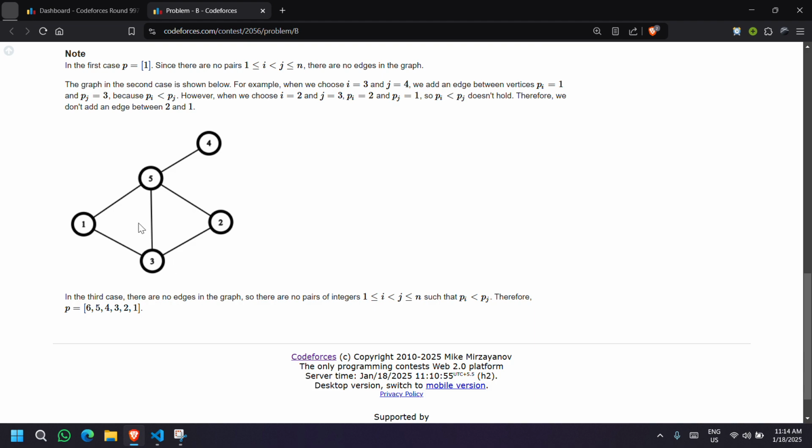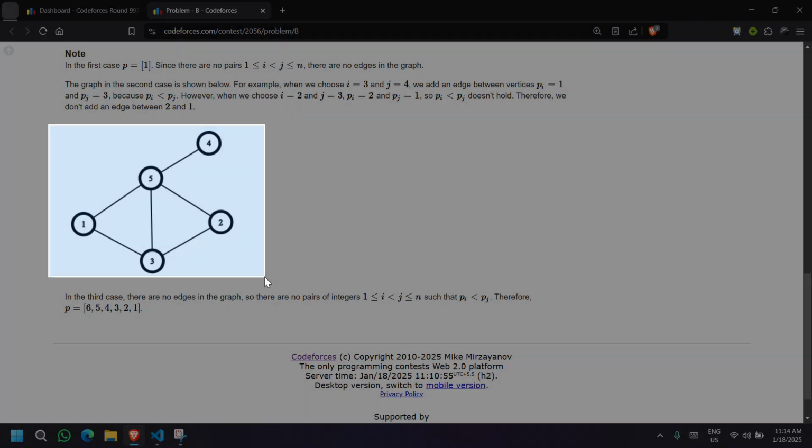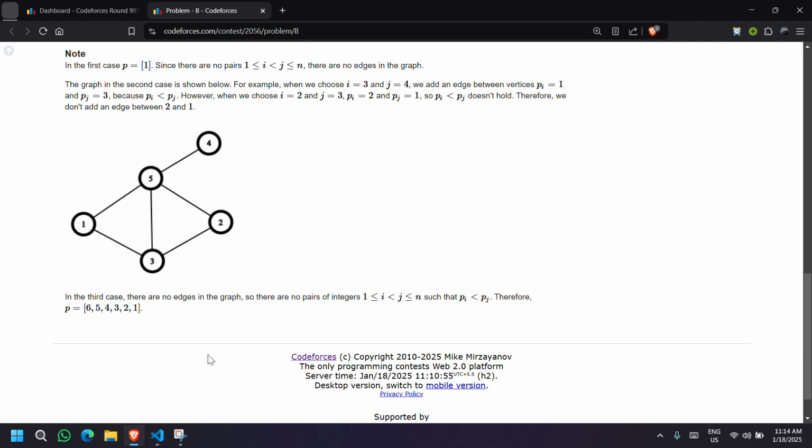So let's see the second sample. Let me pick this graph.